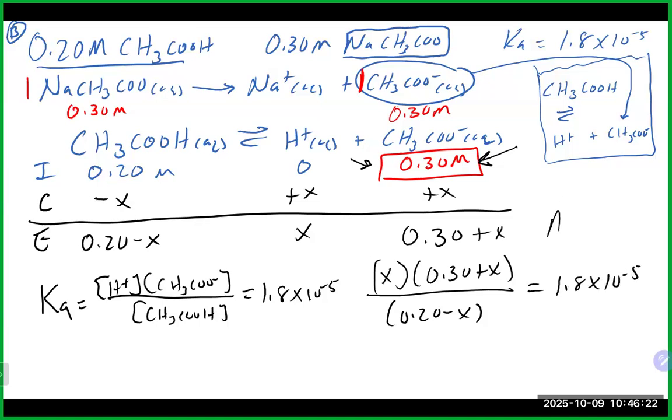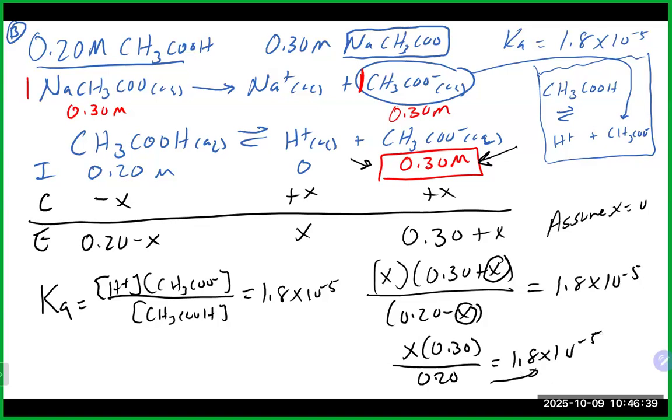Again, I'm going to assume x is equal to 0 here. And again, that's only going to take out the x's we're adding or subtracting from. So that will get us x times 0.3 divided by 0.2 equals 1.8 times 10 to the minus 5. A little multiplying, then dividing to the other side. And that will get us here 0.2 times 1.8 times 10 to the minus 5 divided by 0.3. Going to give us an x value here of